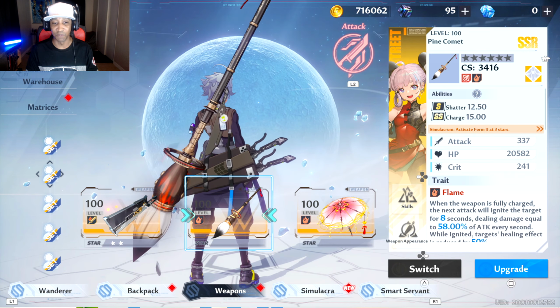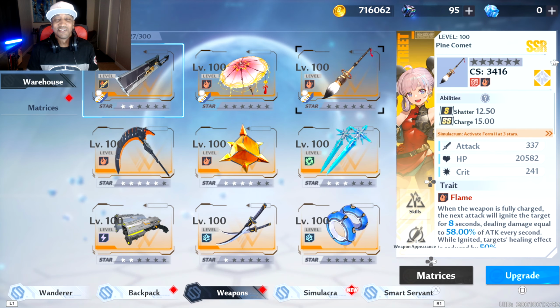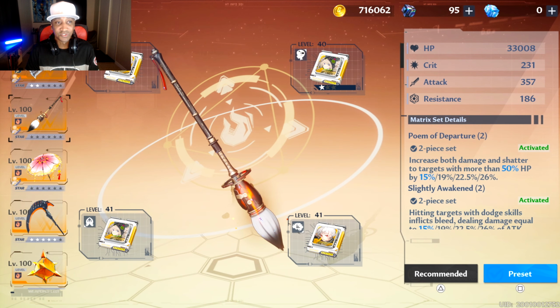But with both of these weapons, the Pine Comet and Vermilion Bird, you're going to get that fire resonance bonus already. All right, so when it comes to weapon chips for this team build, we can be here all day debating what weapon chips you want to use. Everybody has their own different perspective on what weapon chips, and everybody has different weapon chips that they have. So I'm just going to show you the weapon chips that I have and what I use for this team comp. So on Onyx Tortoise Zeke, I'm going to use